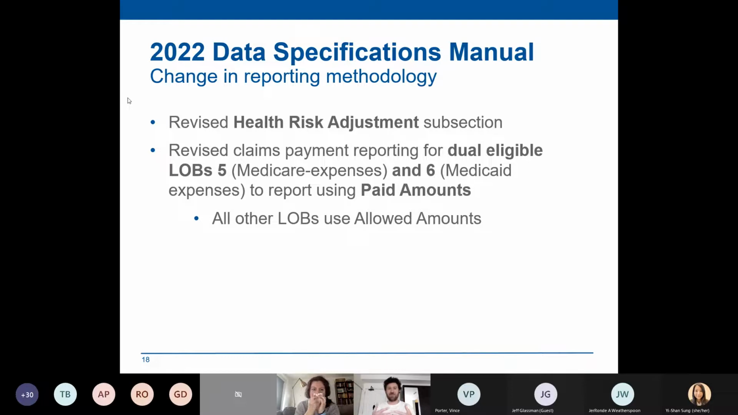We've talked about how these numbers might not be totally aligned, but I think it's best for both sides of the table here that we're changing to paid amounts for those specific lines of business only. And so that'll be in the manual. Let's go to the next slide,